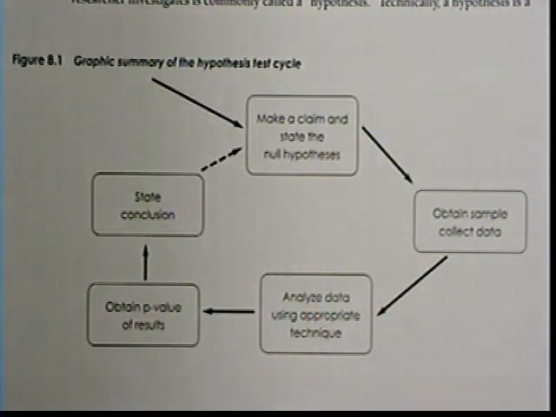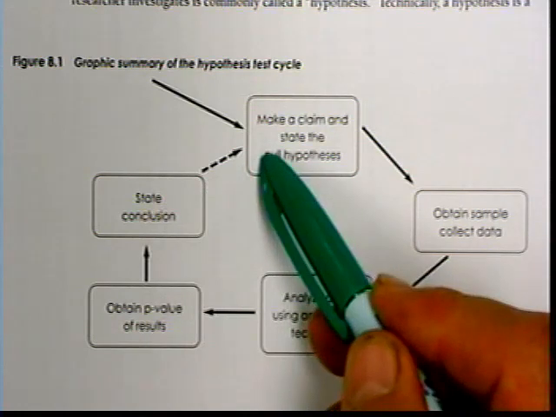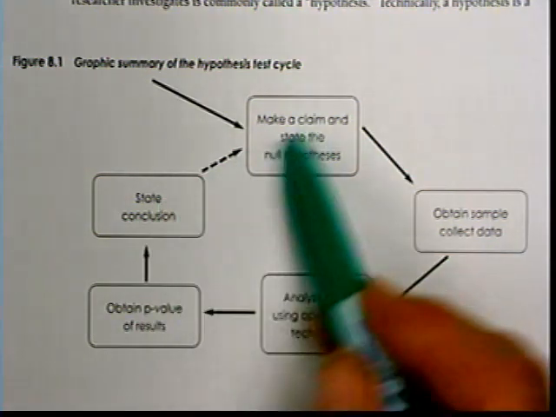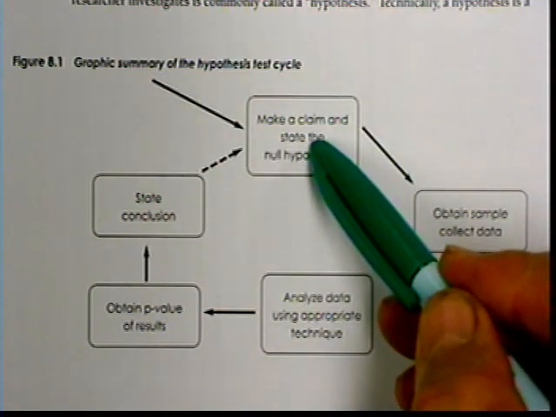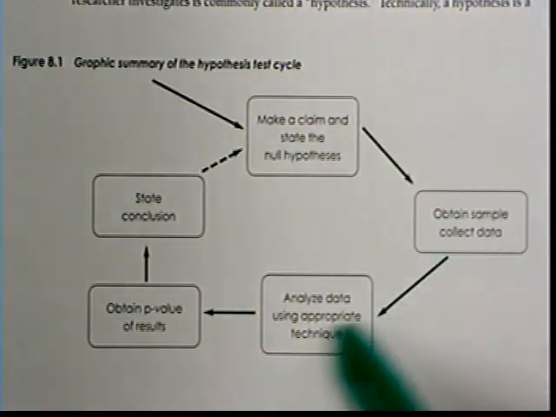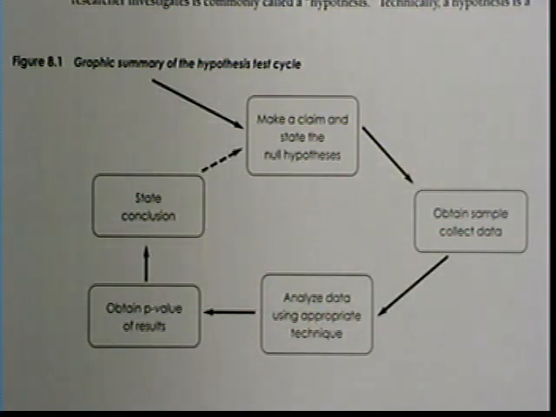We write that up and we say that's what we found in our study. Then the important thing is that it gets published or shared with somebody else, and then they take this information and build another study. It goes through the cycle again. And it just continues to go through this cycle, and we find out more and more information about how things work. So I'll come back in just a minute and look at the